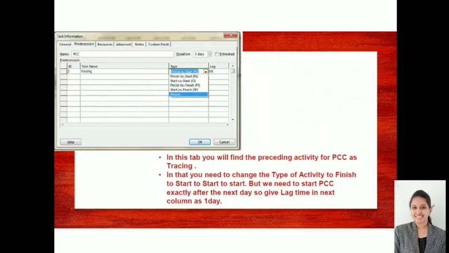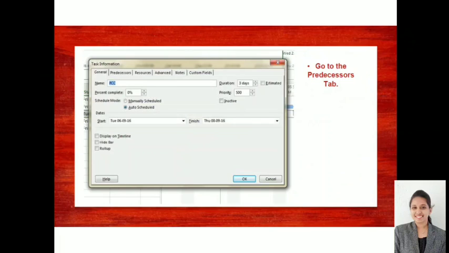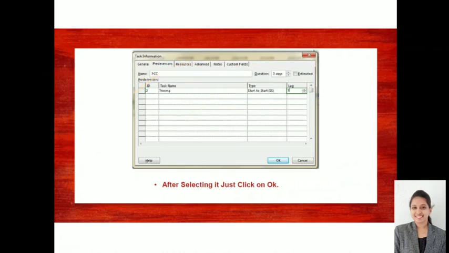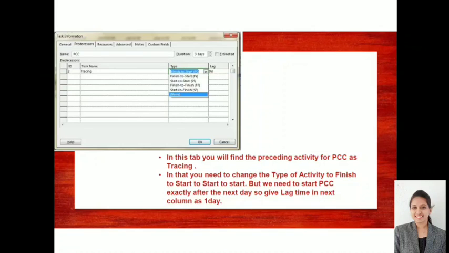Now if you select your predecessor tab, you will get this particular thing. That means for my PCC activity, the predecessor activity is tracing. Automatically it will show in the predecessor column, and I have to select. See here the type: you can see all the 4 relationships, finish to start, start to start, finish to finish, and start to finish.